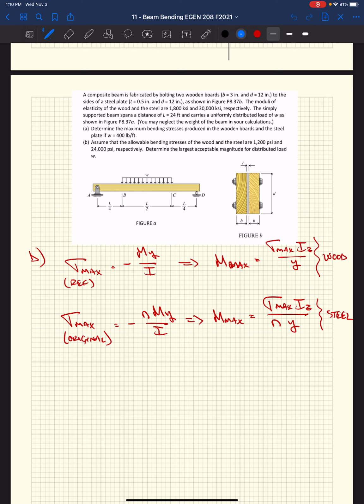To go to the steel, we have to incorporate that change in stiffness, because we transformed the steel into wood, but in reality we have the steel plate. We want to know the stress in the steel plate, not this imaginary piece of wood. So we can rearrange our governing equations to figure out our maximum moment. If we look at the wood,